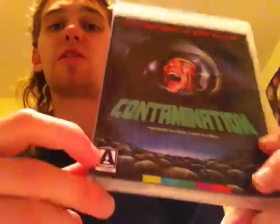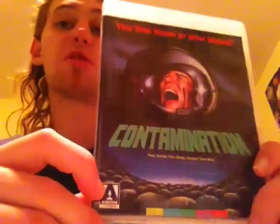Other than the eggs, that's the only alien we actually see, but it's really cool, and it has this gross mouth thing, and it sucks the person in and basically digests them. That part of the movie was really cool. So at the end, basically,